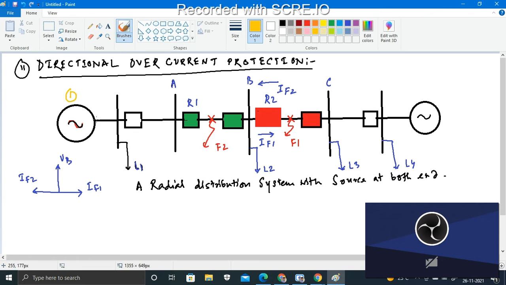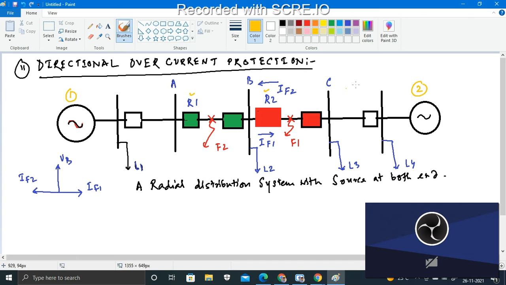In this problem, number one is this side feeder and number two is another feeder. We are considering the two feeders, and we are connecting the two relays over here, R1 and R2. There may be some fault that appears in the BC zone and in another zone, this fault that appears in this particular segment, which is under the AB zone.